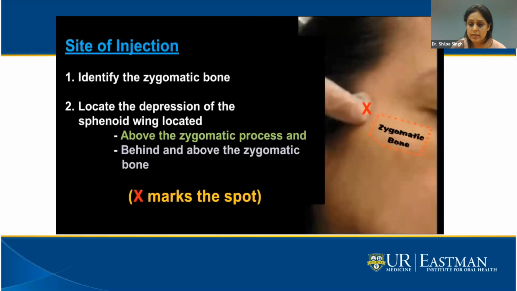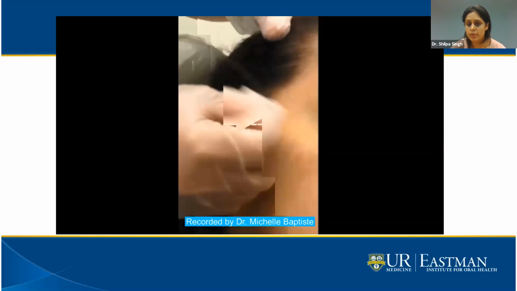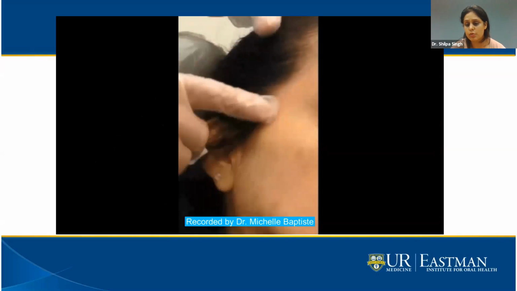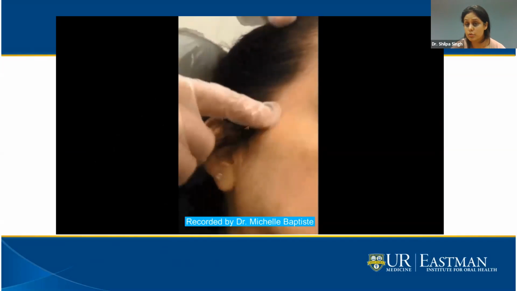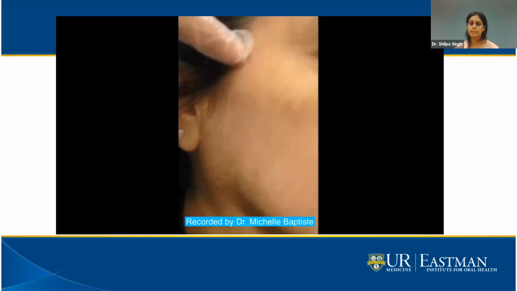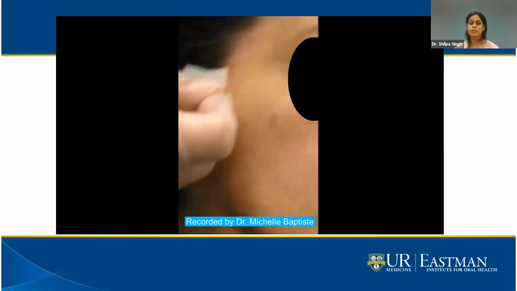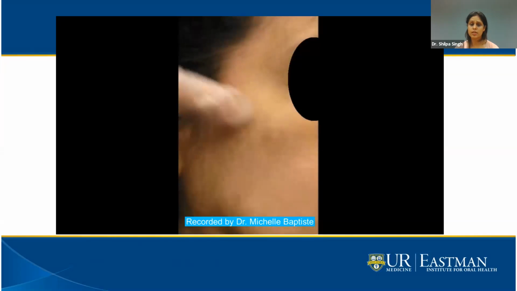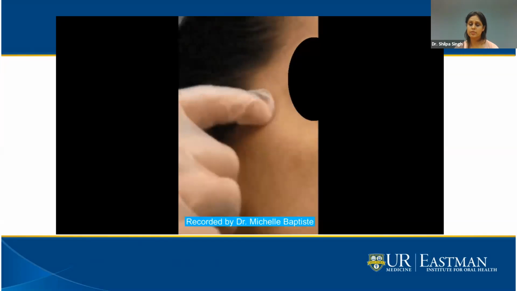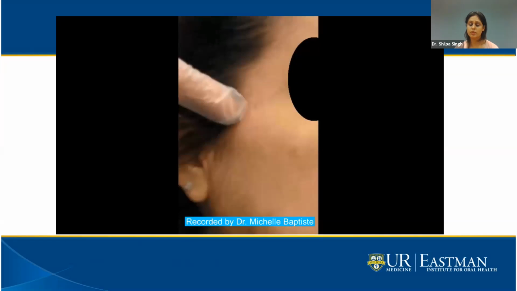There we take the needle, about 30 gauge, wipe and clean the area, and then insert the needle. The depth we can go is somewhere around 1 to 1.5 inches. We inject the anesthetic very slowly and steadily. We have to be very careful in this area and look at our patient's eye to see if the patient is blinking properly, because